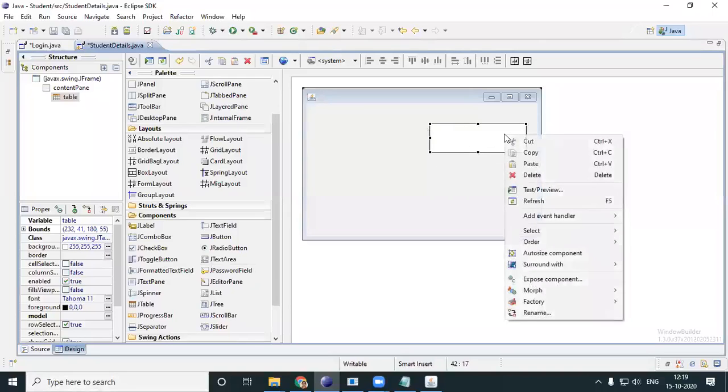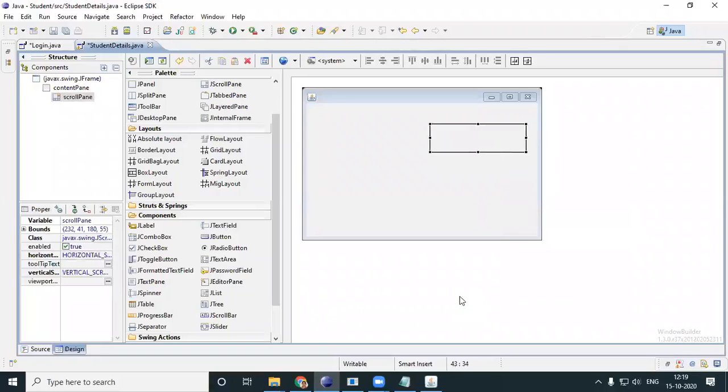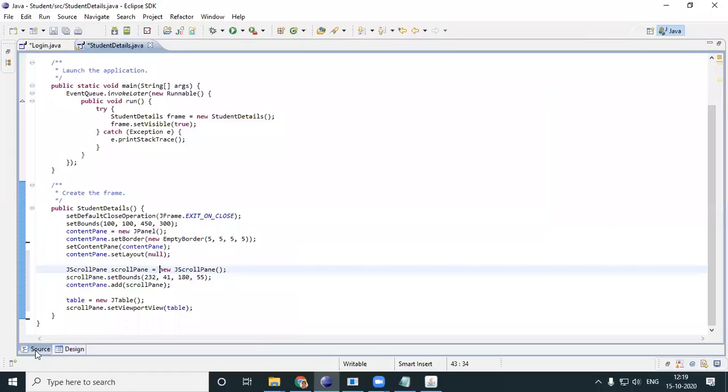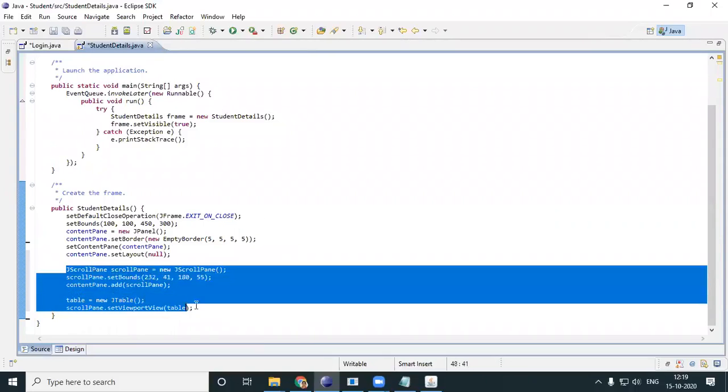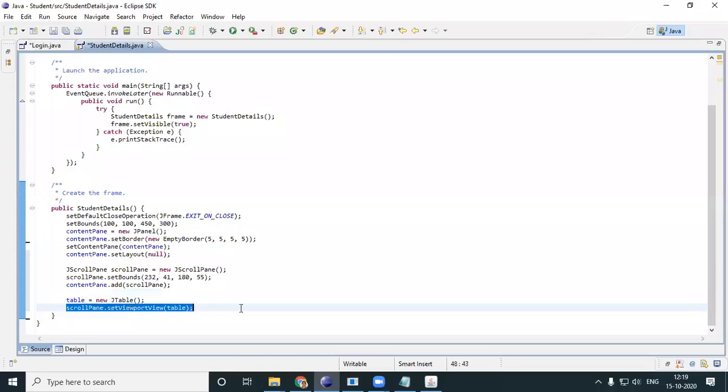So what you can do is you can right click your table and surround it with the scroll pane. Okay, so now my table is surrounded with a scroll pane. When you look into your code, you will find that. You have a table, you have a scroll pane, and your table is surrounded with a scroll pane.